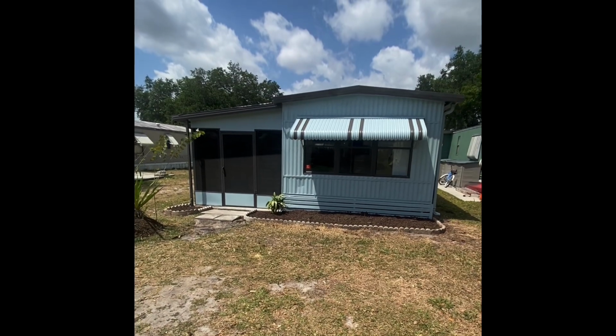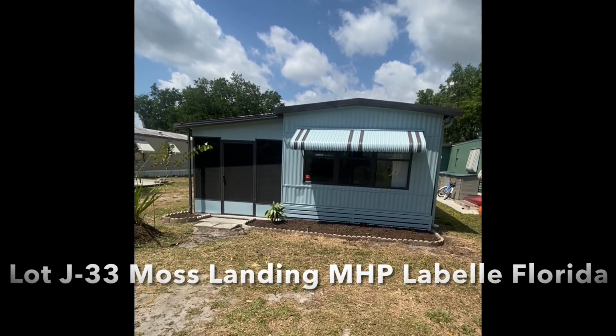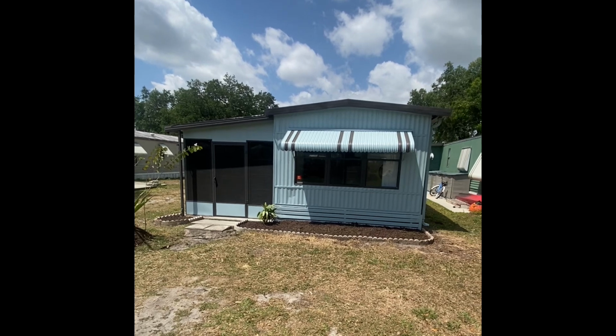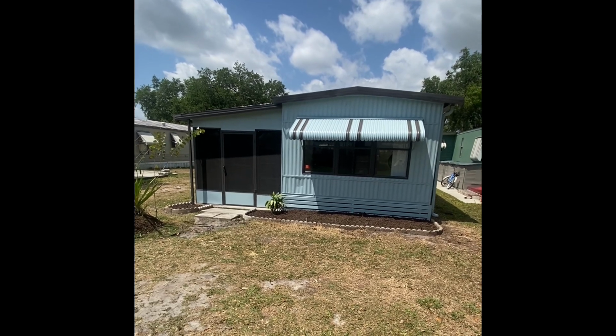Good afternoon, folks, and thank you so much for taking time out of your busy day to come join us in the virtual tour of Lot J33 in Moss Landing Mobile Home Park in Labelle, Florida. What we have on our hands here is a fully rebuilt 1-bed, 1-bath with a fully rebuilt Florida room as well. In the back of the park,